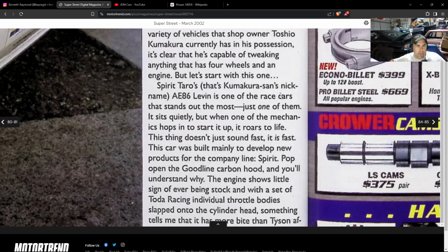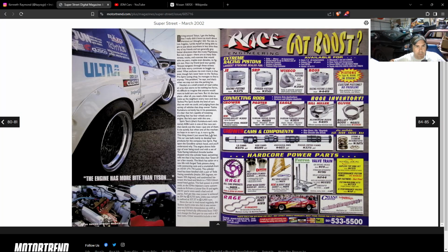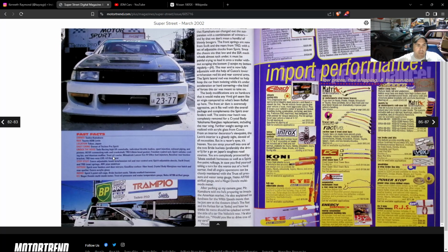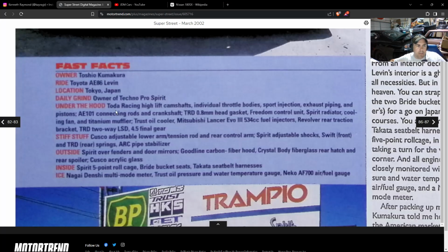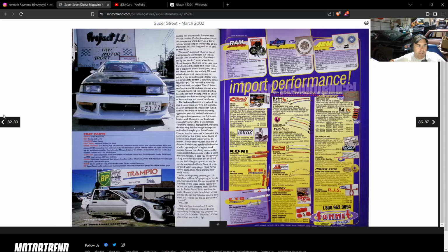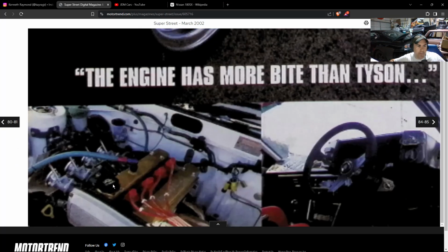The AE86 Levin is one of the race cars that stands out the most, right? We all know that from Initial D, right? The AE86 Toyota. They were cheap back in the day, right? To each his own. Tokyo, Japan. Let's see. Total Racing high lift camshafts, individual throttle bodies, right? That's what we saw on the